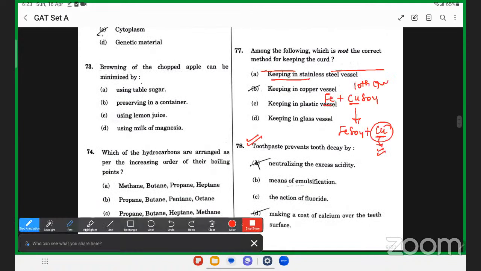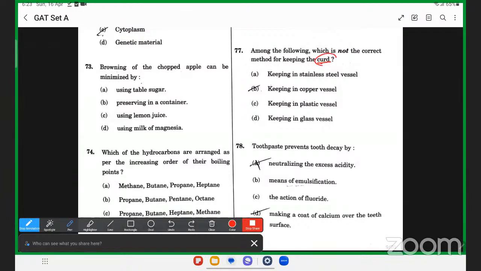Next we have 77. Among the following which is not the correct method for keeping the curd? कर्ड बेसिकली आपका एक ऐसा मटेरियल है या सब्सटेंस है जिसमें एसिड प्रेजेंट होगा और एसिड मेटल के साथ रिएक्शन करता है जिससे कोई पॉइजनस सब्सटेंस बन सकता है। तो अगर हम कर्ड को स्टेनलेस स्टील में रखते हैं तो कर्ड और स्टेनलेस स्टील का कोई रिएक्शन नहीं होता, तो यहाँ रखी जा सकती है।